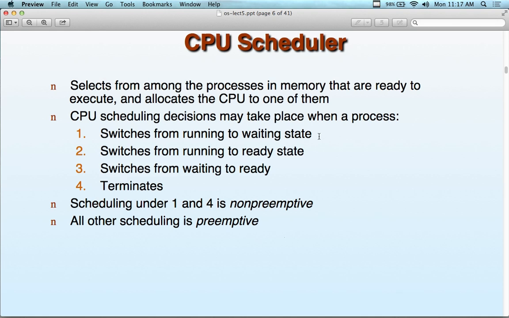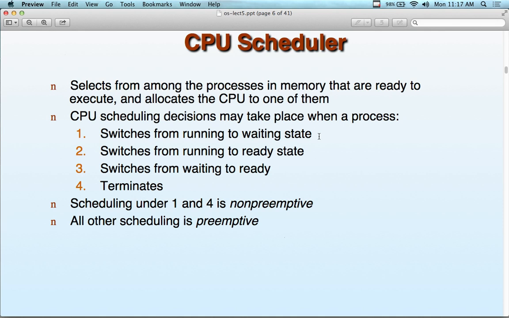Switches from running to waiting state. So a process state is changed by the CPU scheduler. The processes get loaded up into what's called a process control block, or PCB. Inside the process control block, the state gets updated along with how much processing has happened so far, where in the program counter we're at, what's going on essentially throughout the life of that process. So it switches from running to ready, and then from waiting to ready, and then